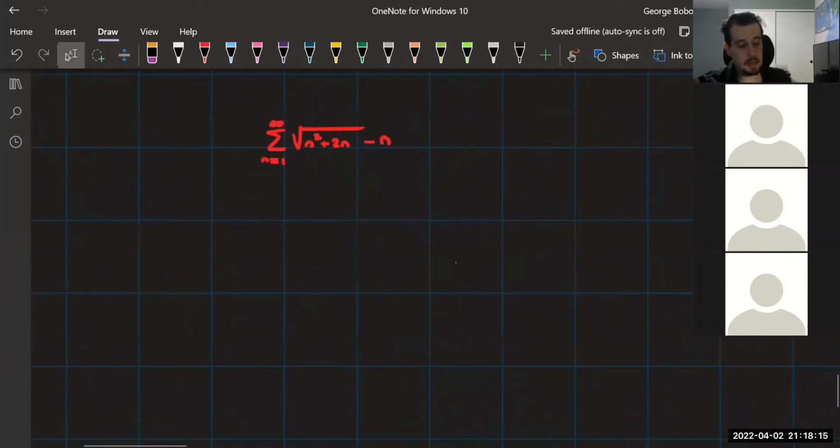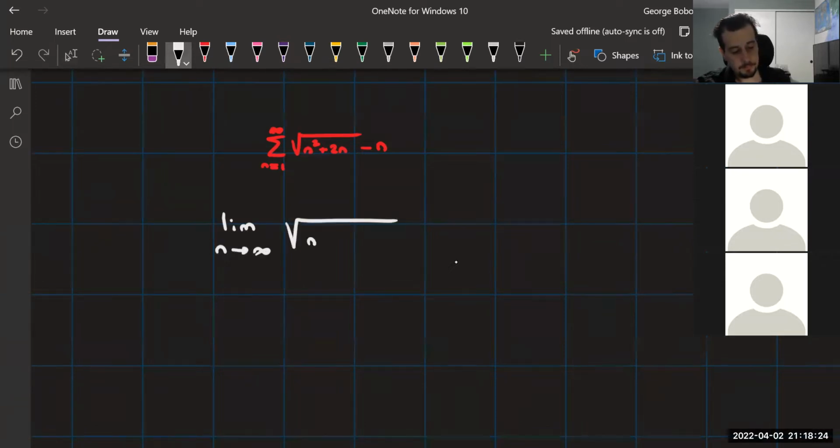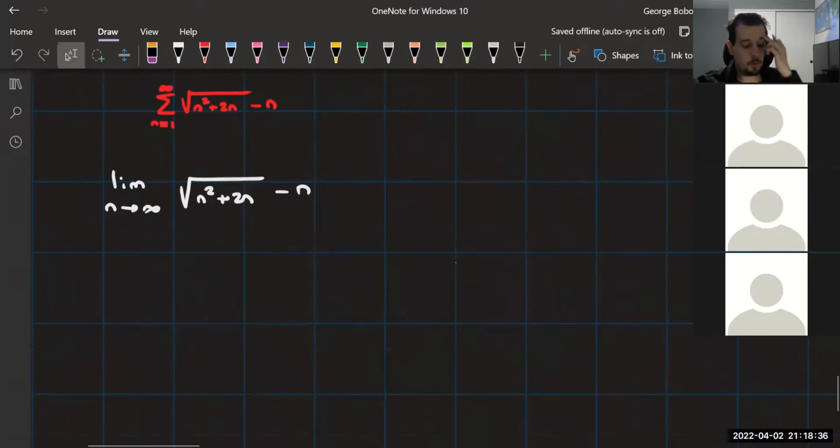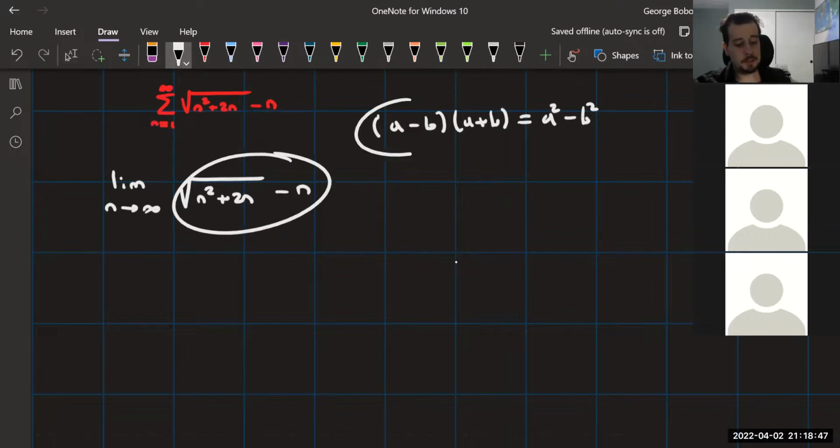And so I am going to ask, and Grace, you're going to help me out here a little bit, what is this limit here? Let's start it out. So to evaluate this bad boy, I said I'm going to do rationalization. Now, rationalization takes advantage of this situation. Difference of squares, basically.